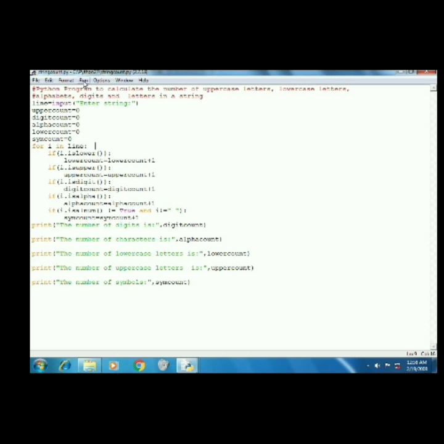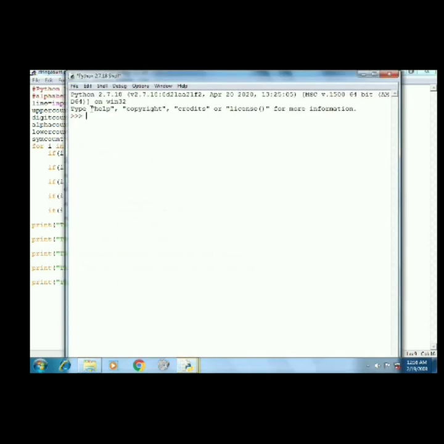Now we'll see an example of the given program, and the data is hello 123, gp jep. Then you can see the lower count, upper count, symbol count, digit count and alpha count. You can see the result here.